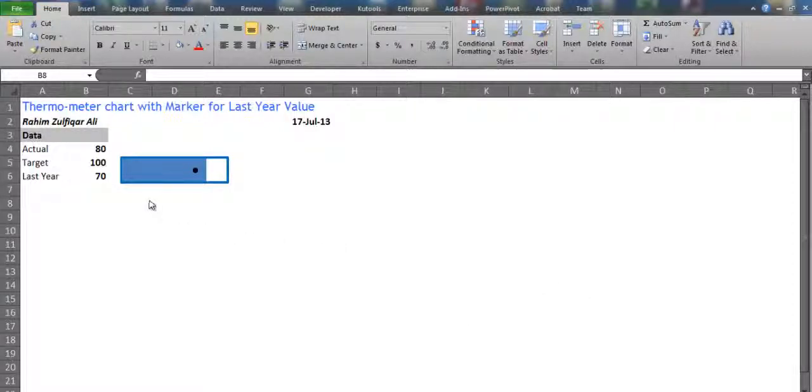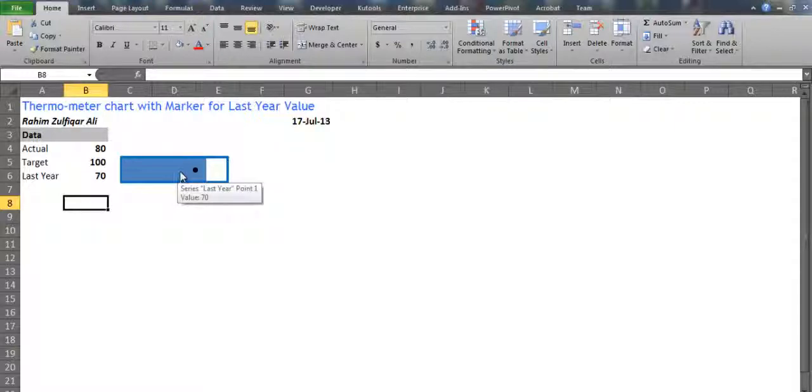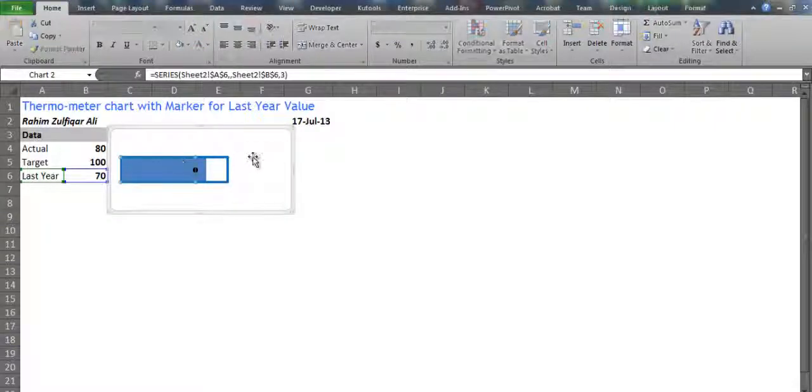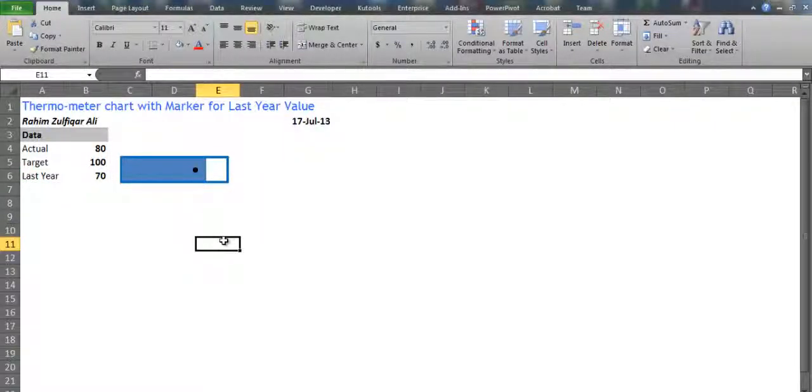And today in this video we will learn how we can make this thermometer chart with a marker for the last year value, and a comparison of last year figures with actual figures based on our targets. There is no default thermometer chart in Excel. We have to make a bar chart, and with some short tips and tricks we will make this thermometer chart